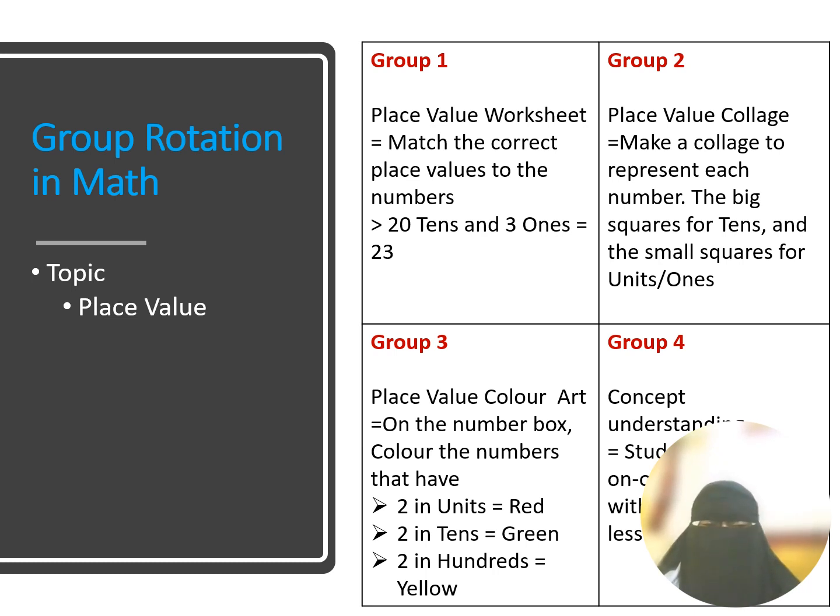In group 2, we can have a place value collage. You can make a collage to represent each number. So a big square for tens, a small square for the units or the ones. When a child is supposed to show you 23, in group 1 you have the students matching the correct place values to the numbers: 2 tens and 3 ones, and the child is able to match it to 23. In group 2, the child is able to use 2 large squares and 3 small squares